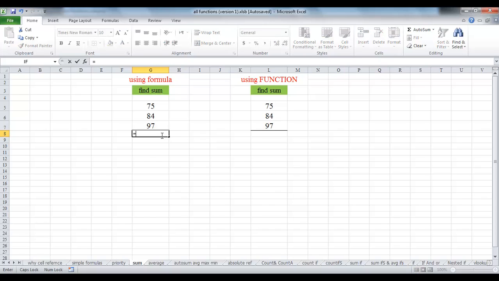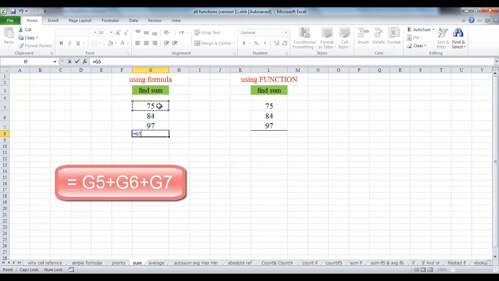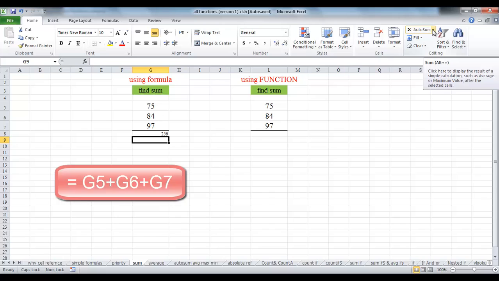At first, type the equal sign and click cell G5 plus click cell G6, then click cell G7. Press enter. Okay,